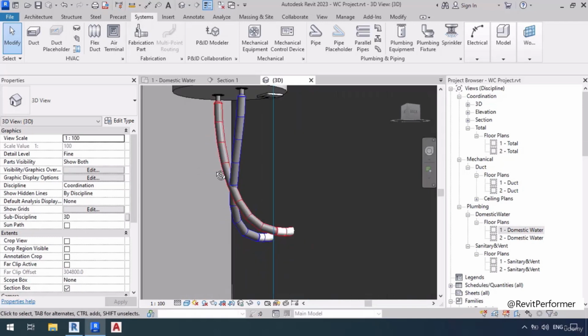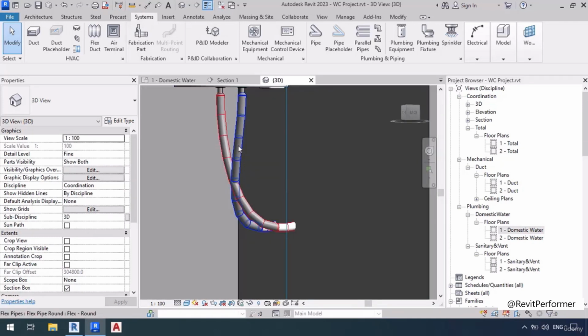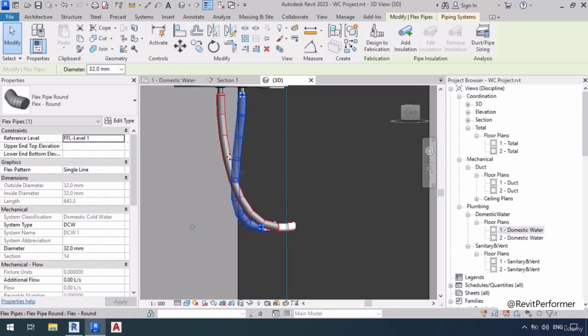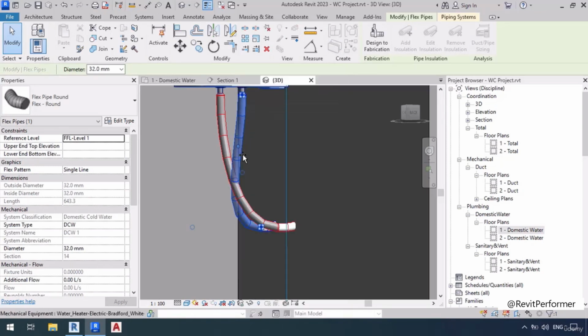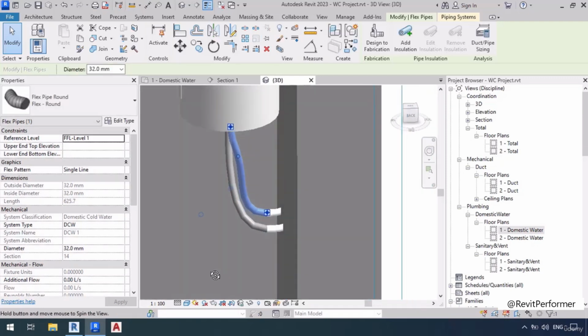So in order to move them and relocate them a little bit, I'm going to select this flexible cold water pipe, right click on it and insert vertex. And then I'm going to put a vertex here by clicking. And then I'm going to use this vertex in order to move my flexible pipe easier. What this vertex does is it gives more flexibility to our flexible pipe so we can move it easier and